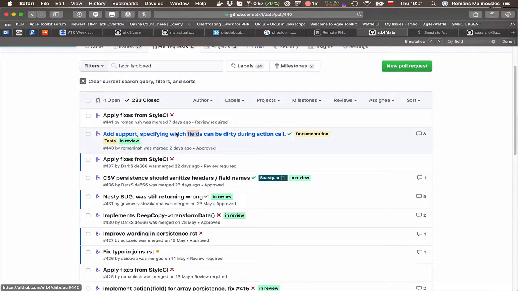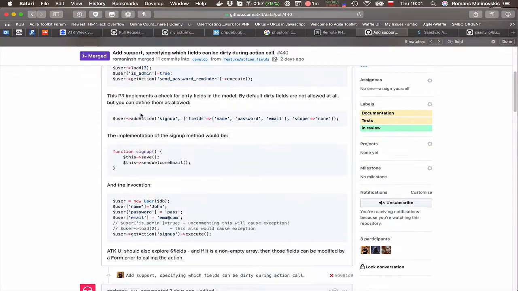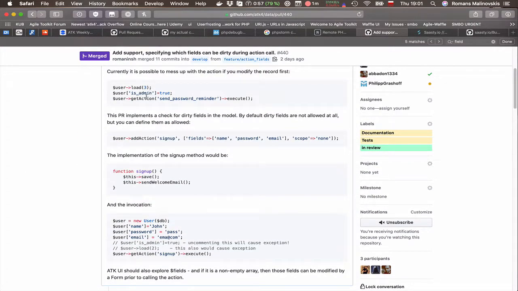Okay, so essentially when you define an action right now, before it was quite dangerous because code like that can accidentally trigger something not nice. So in here, I'm sending a password reminder, but as a result, the user becomes an admin, and that can be quite dangerous. So actions will now make sure that no fields are dirty